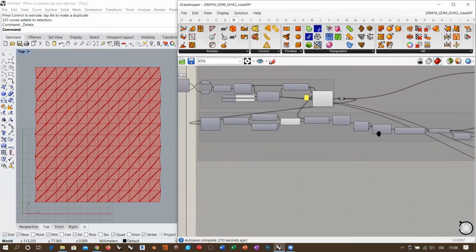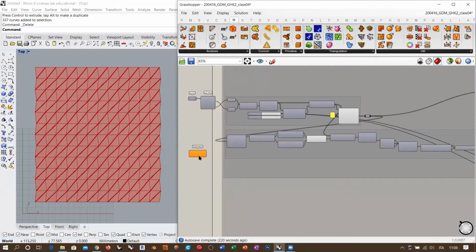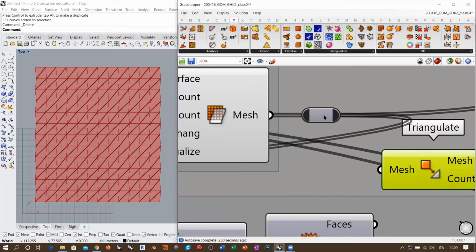Now, in order to double check, yeah. The relay component, what is the function of it? I never understood it. I use it only for organizing the definition better. There is no use, but it's